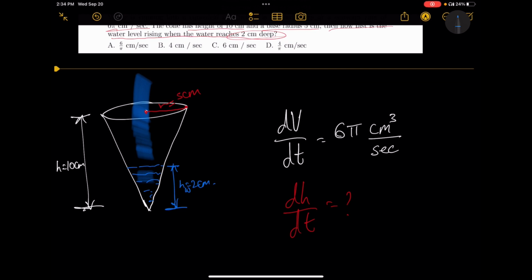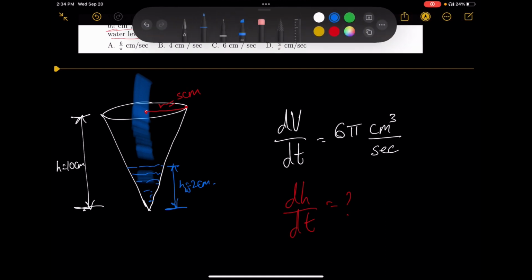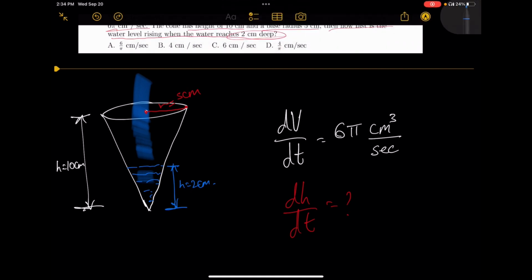the height of the water is increasing, right? Let's say that this is hc. I'm so sorry. hc is the height of the cone, it is a constant, always 10 centimeters. The height of the cone does not vary. What we call h is the height